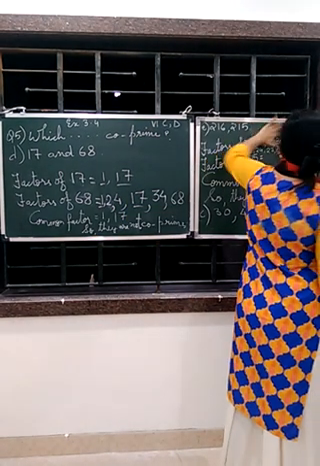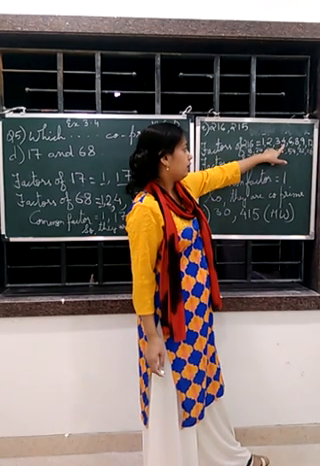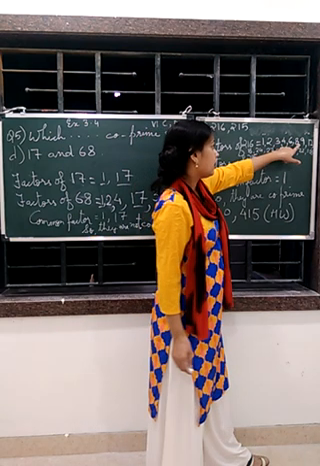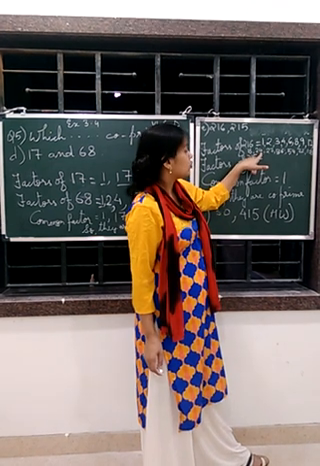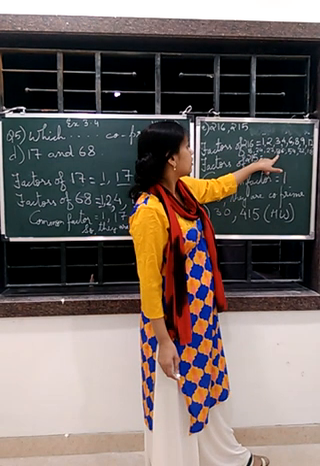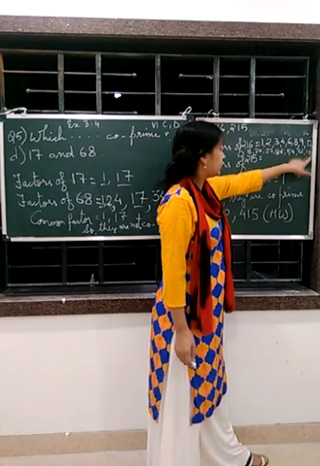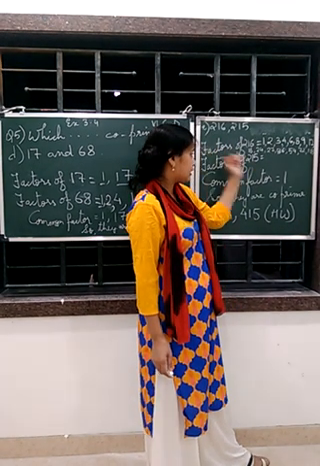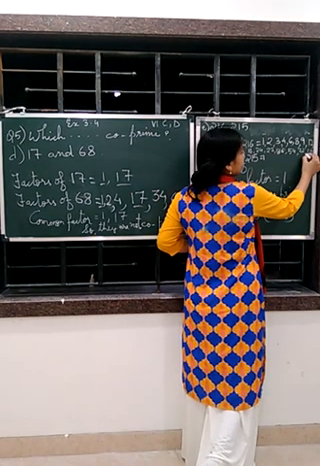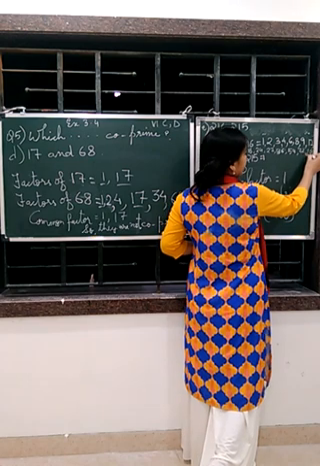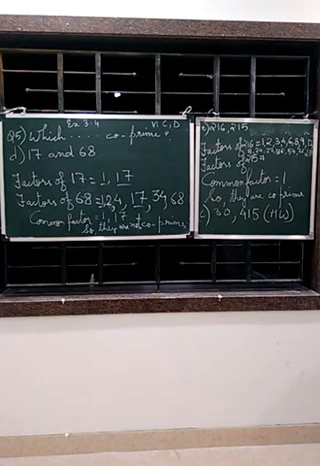The writing is a little small, so you must not be able to see. 1, 2, 3, 4, 6, 8, 9, 12, 18, 24, 27, 36, 54, 72, 108. This completes 216. Now 215. So 1 will divide 216 also, children. After 108, please write 216 also. 1 will divide.